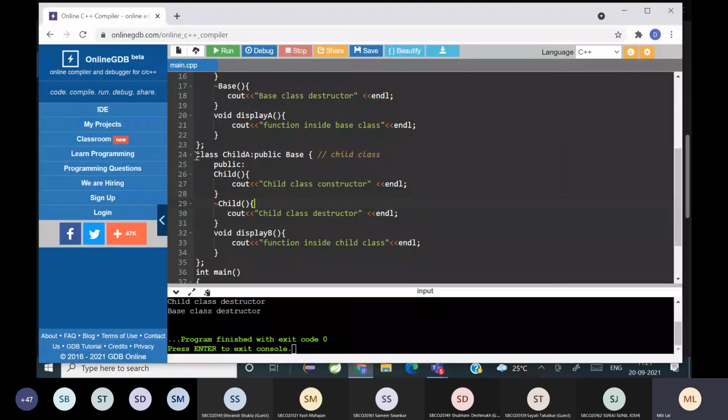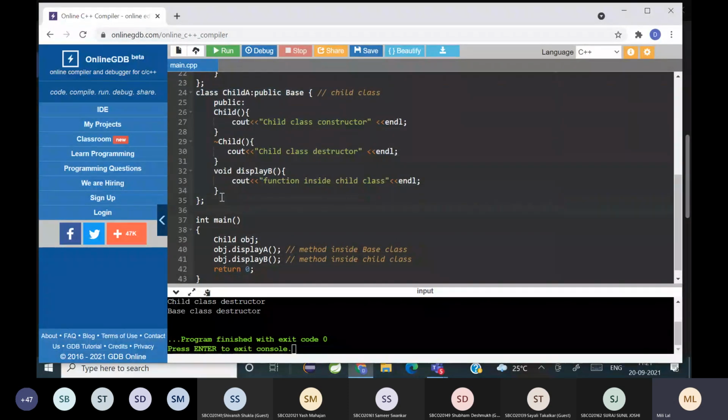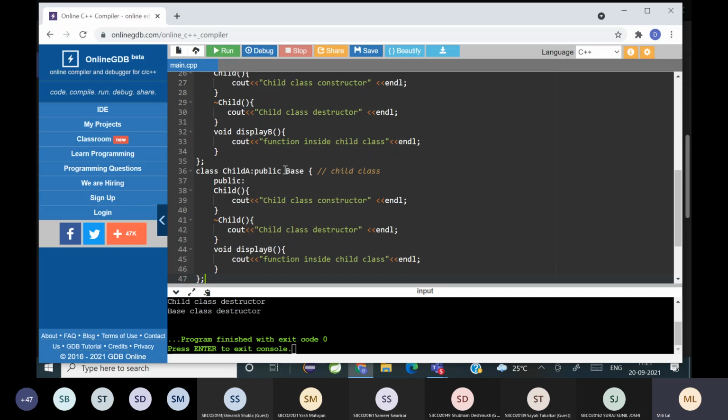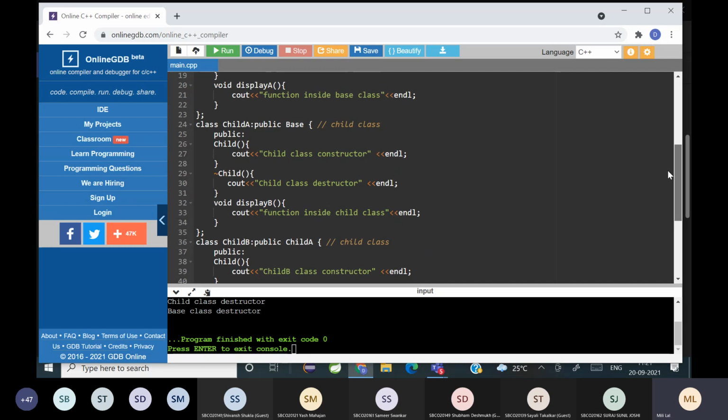I'm putting it down, and here instead of public base, I'm going to write child A, and here I'm going to write child B. So this is the child B constructor, this is the child B destructor, and the function inside the child B class. Let me call this display C. And what are the changes? This is child A, so this is the child A constructor, child A destructor, and function inside the child A class. So can you tell me what has happened?